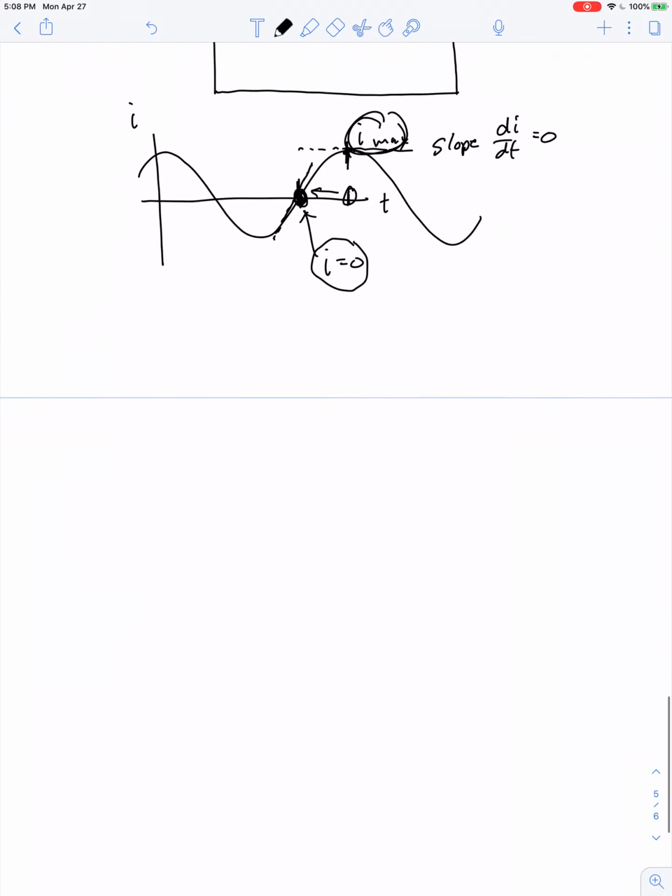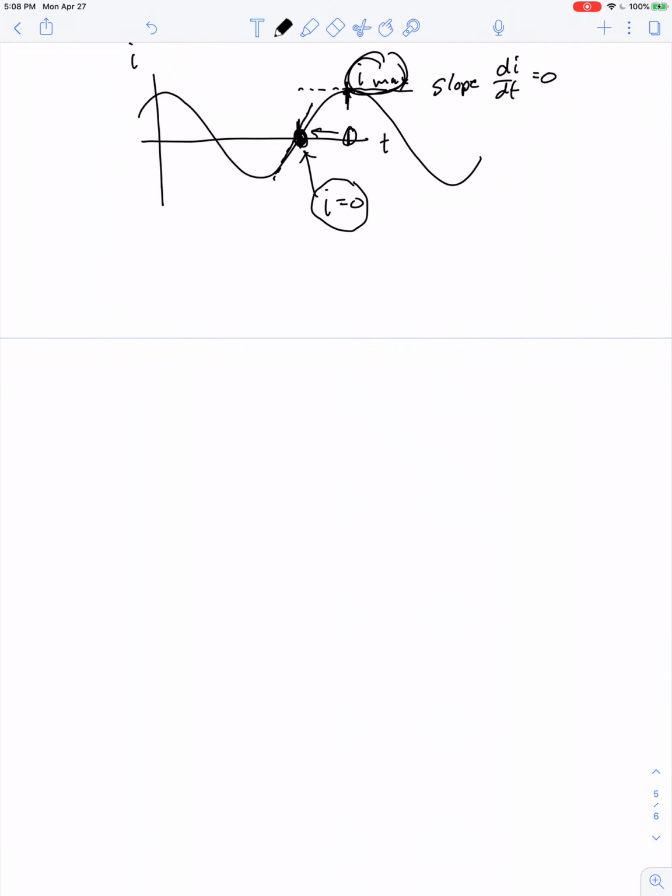Now, there's something known as the reactance of the inductor. And think of it as the effective resistance. Think of reactance as being like resistance. It's not quite the same thing, but it is a quantity measured in ohms. Okay? So the voltage across our inductor is equal to,